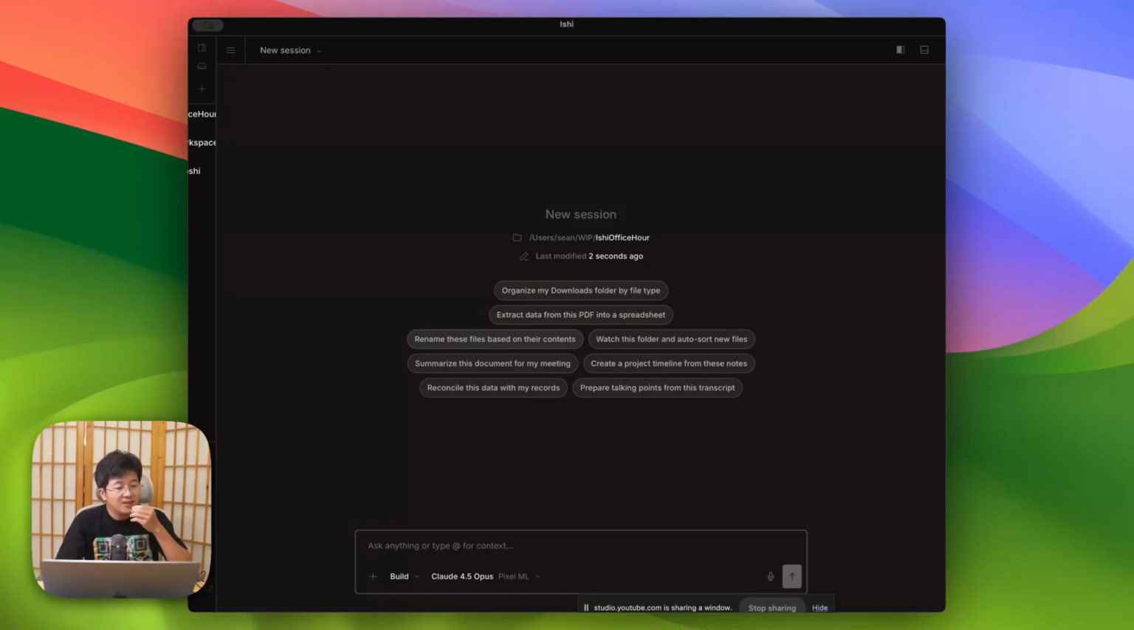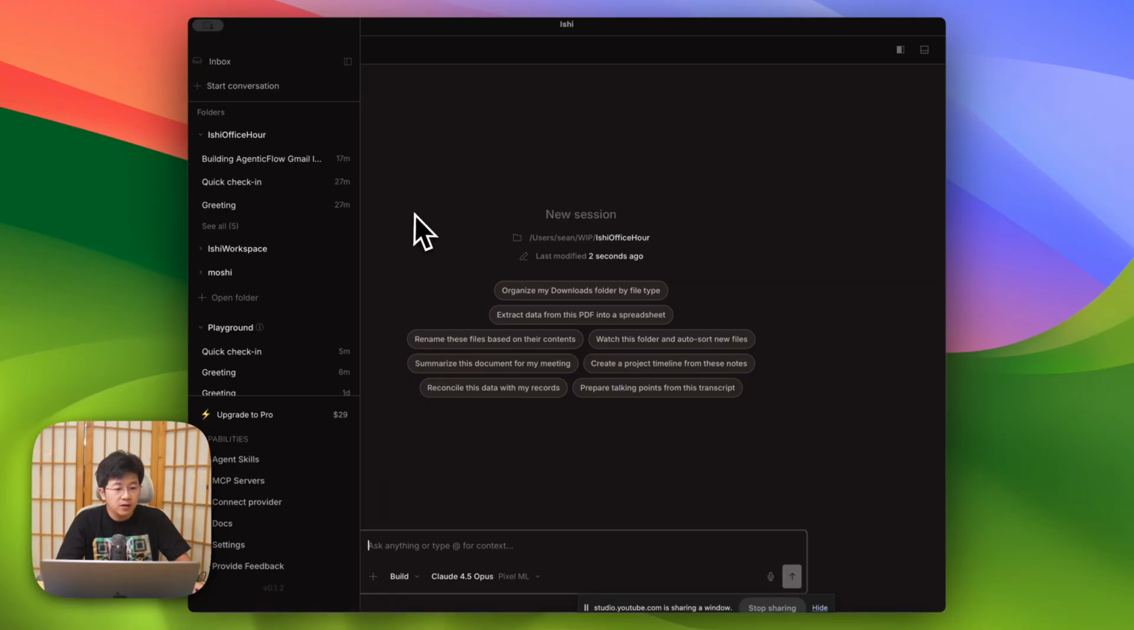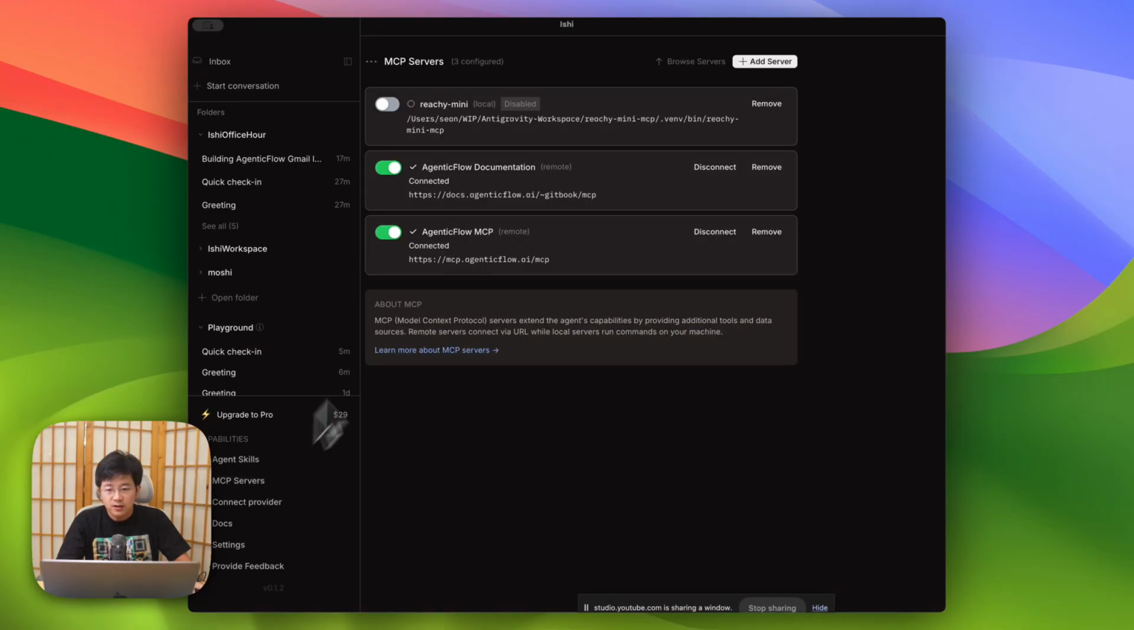Actually, I have quite a flexible agenda today. My only goal is to show everyone how we can build something with Ishi and so on. In order to start with this one, the prerequisites are that you will need the latest AgenticFlow MCP connected,